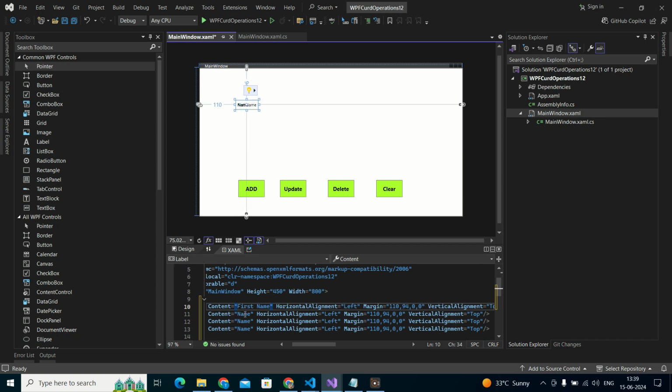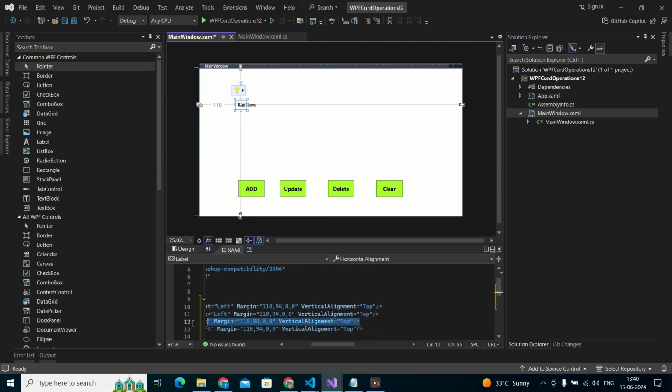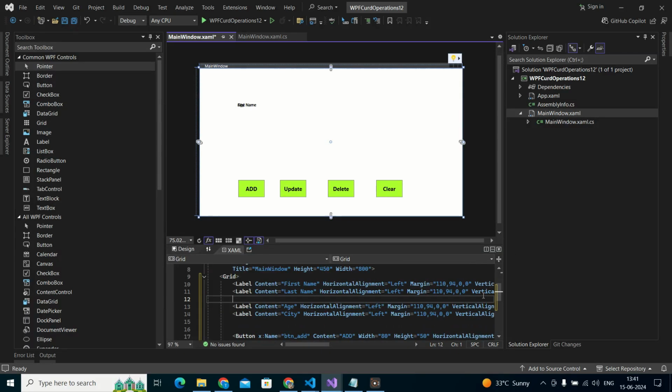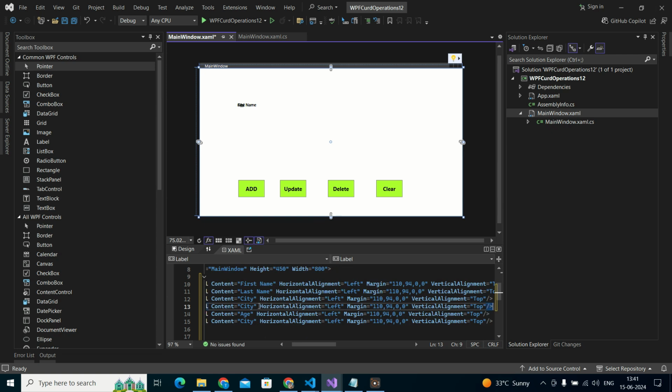first name, last name, age, and city. And if you want extra ones, you have to add the extra labels also. Now I am adding two more labels like email and